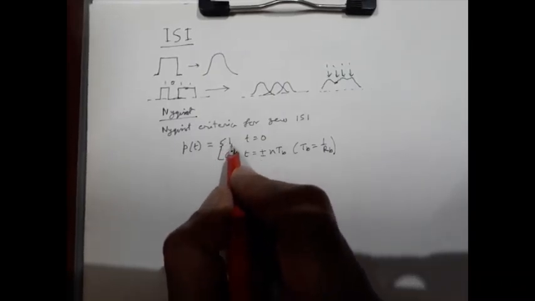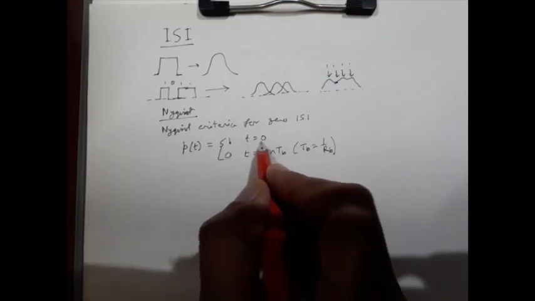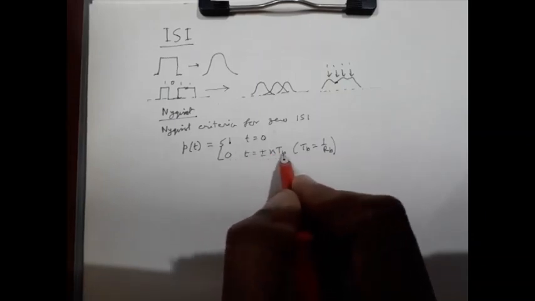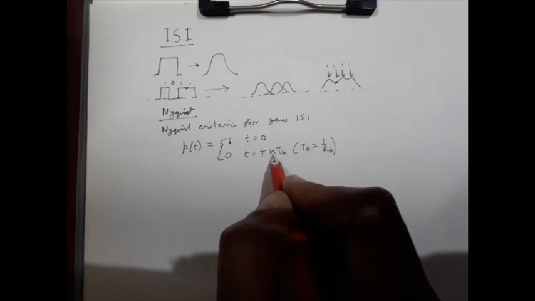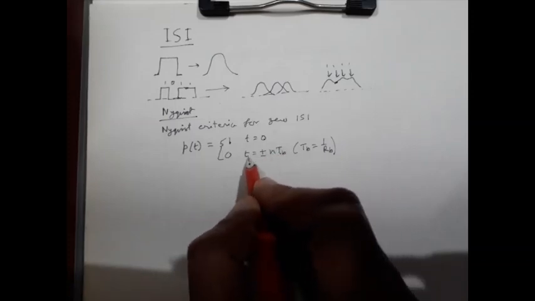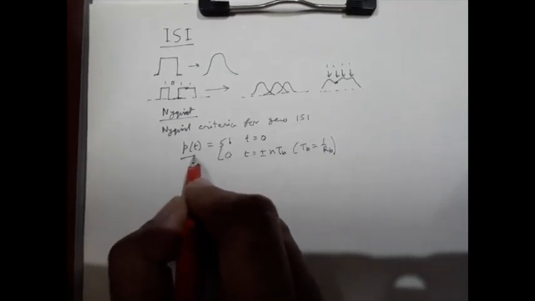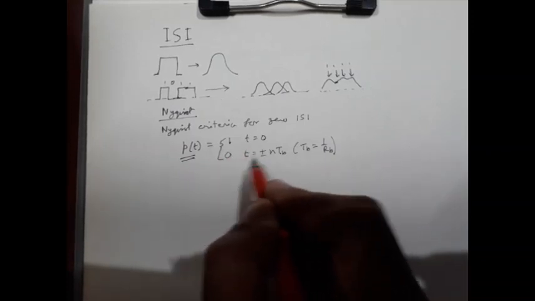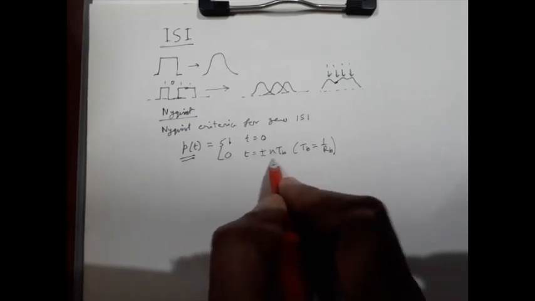So what does it mean? It means that the pulse will be present at a particular sampling instant. For this pulse, the sampling instant is say t equal to 0. But for other sampling instants, n may be 1, 2, 3, 4, etc. At those times, the pulse will be 0. Now, the point is, this pulse shape is not telling us what the condition of the pulse is at other times.